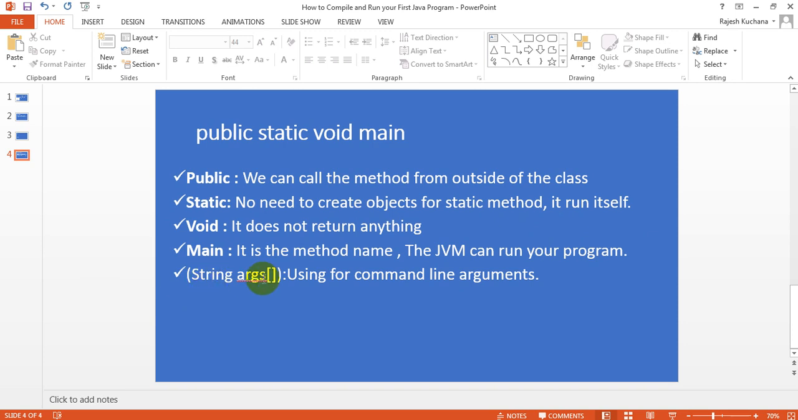So coming to String args, it is used for command line arguments; you can declare strings. It is used for declaring your arguments. What are the arguments you want to use? Strings,